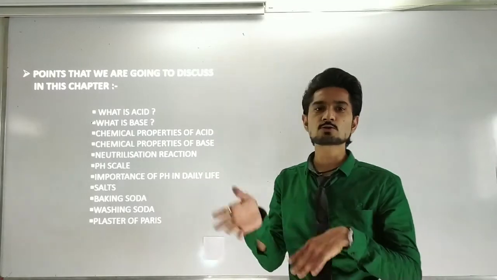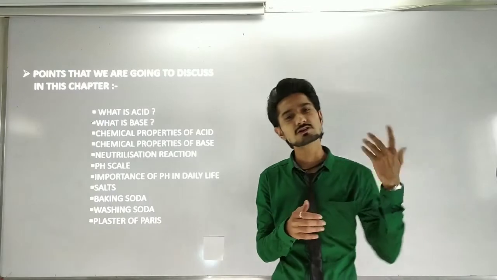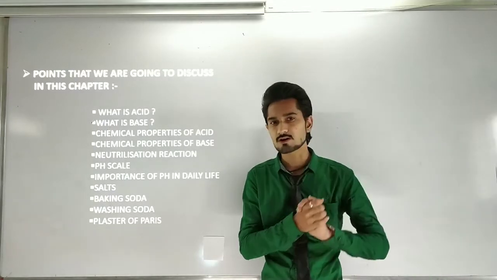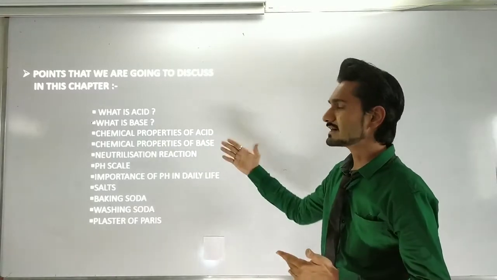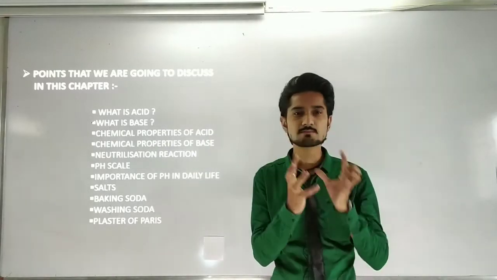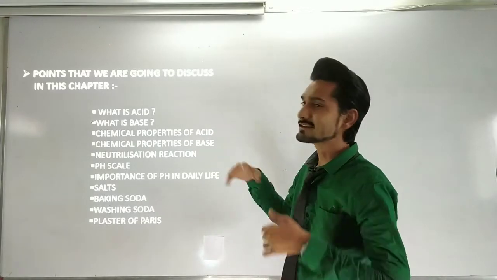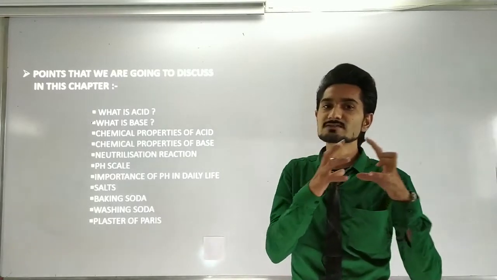If we mix up 2 plus 3, it gives us 5. If we mix up 3 plus 2, it also gives us the product 5. So acid plus base gives us the same product, which we are going to see. And the reaction regarding that, what happens when an acid reacts with a base and when a base reacts with an acid, it is some kind of reaction which we have seen in chapter number 1.